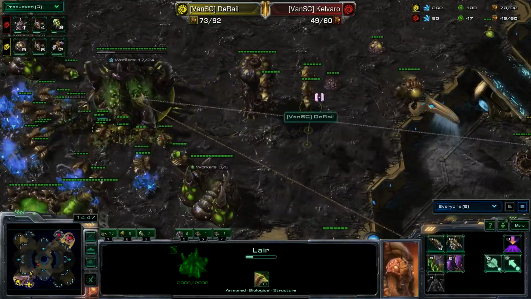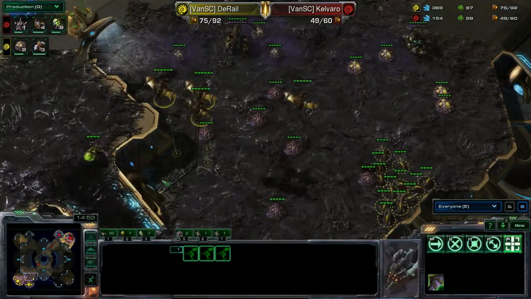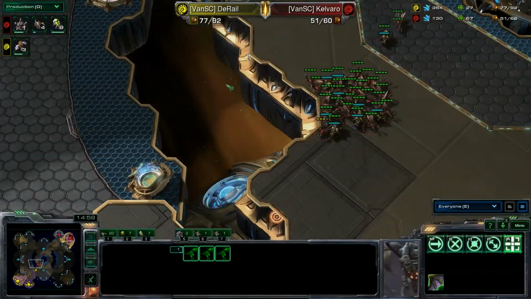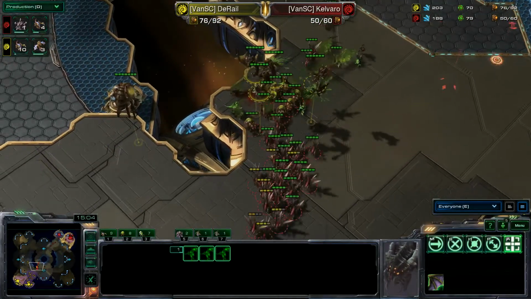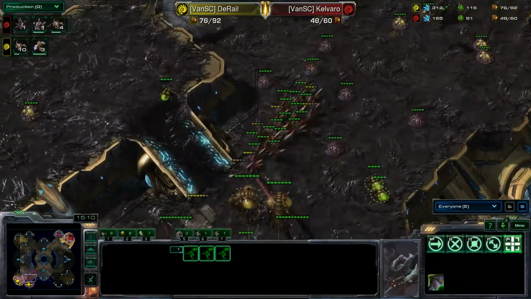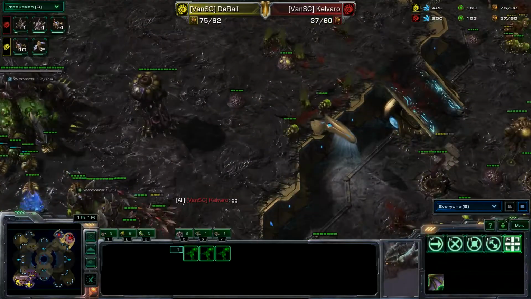There's the mutas. The first ones pop. I don't know if they're going to go for an immediate harass, and they are. They're flying straight over to Kelvaro's base. Oh, and they're going to catch the... Oh no! Right as they... Oh no! Wow. That's running straight in. Again, very good with the...